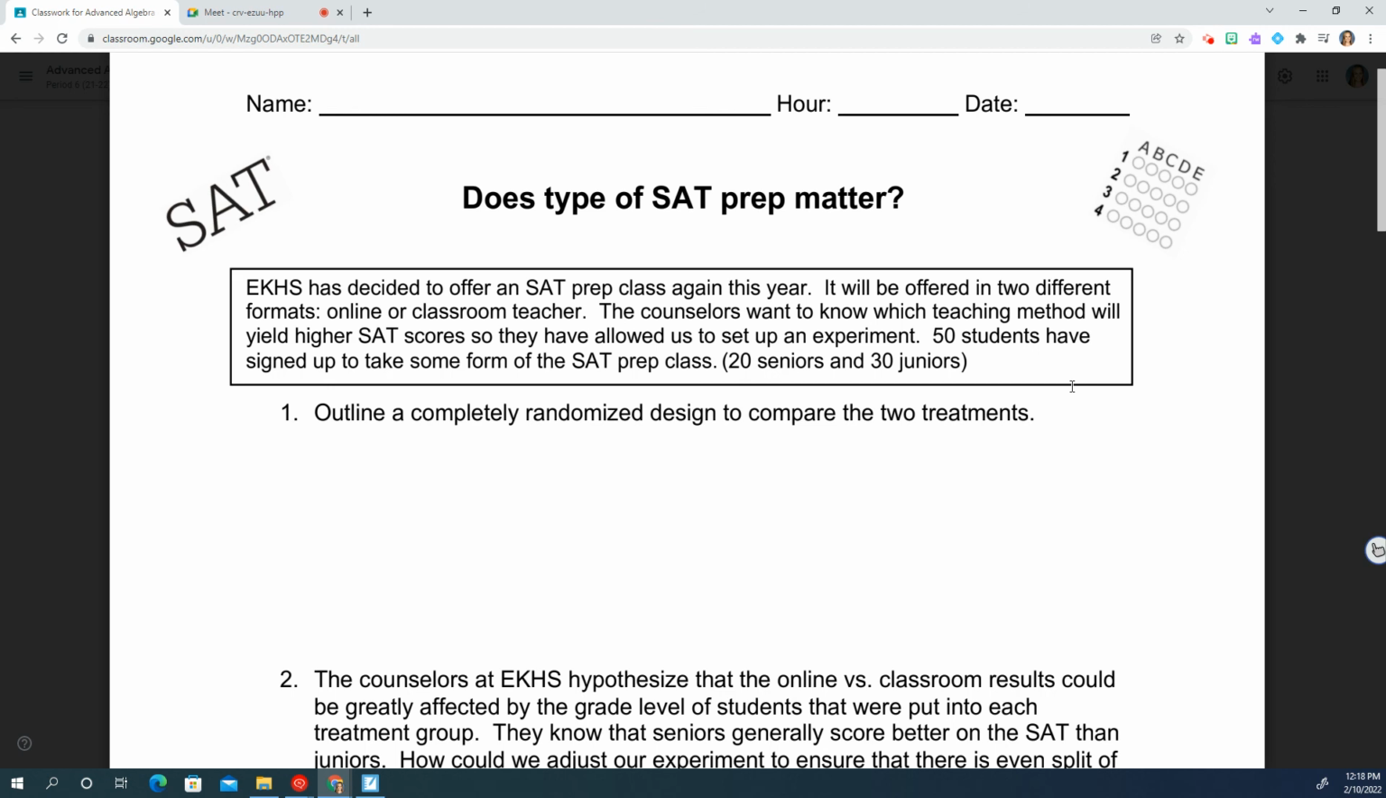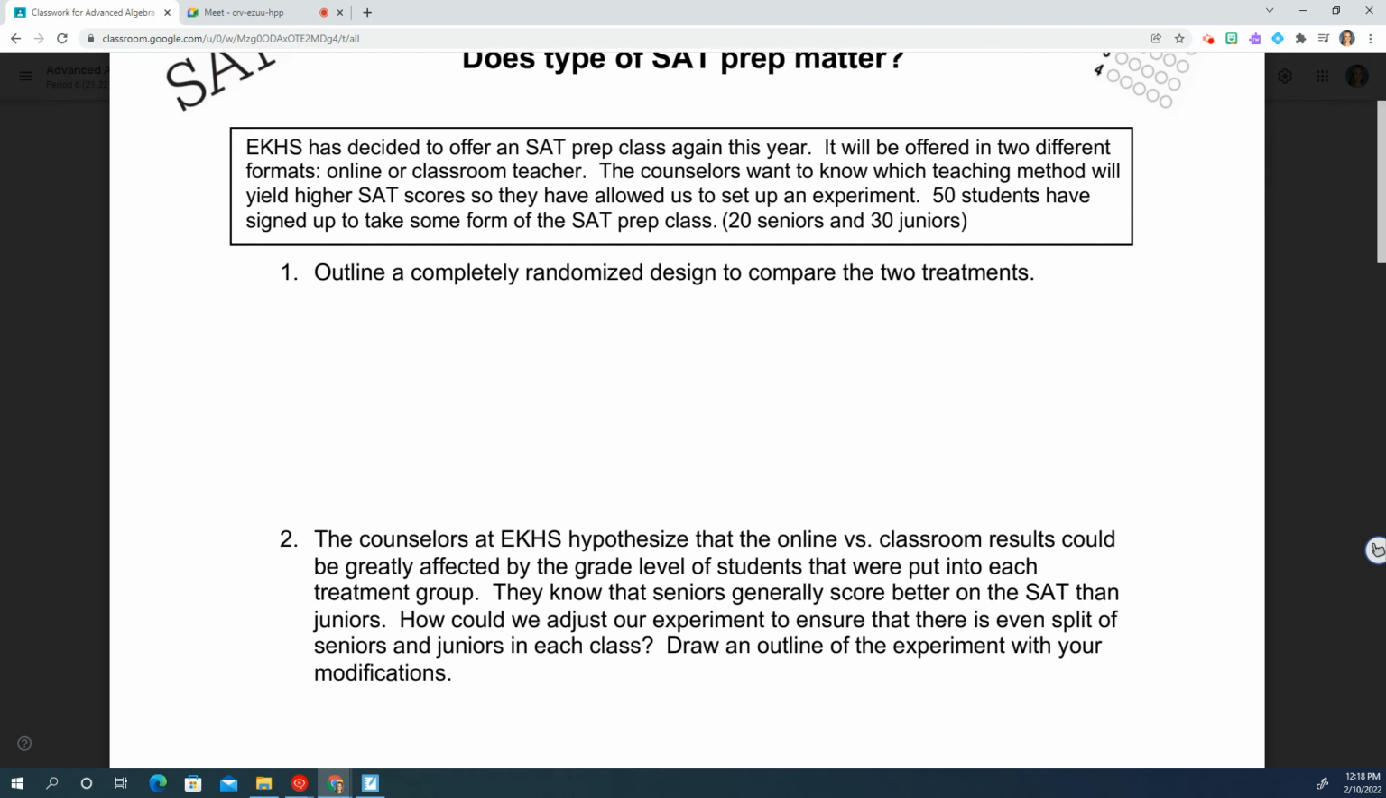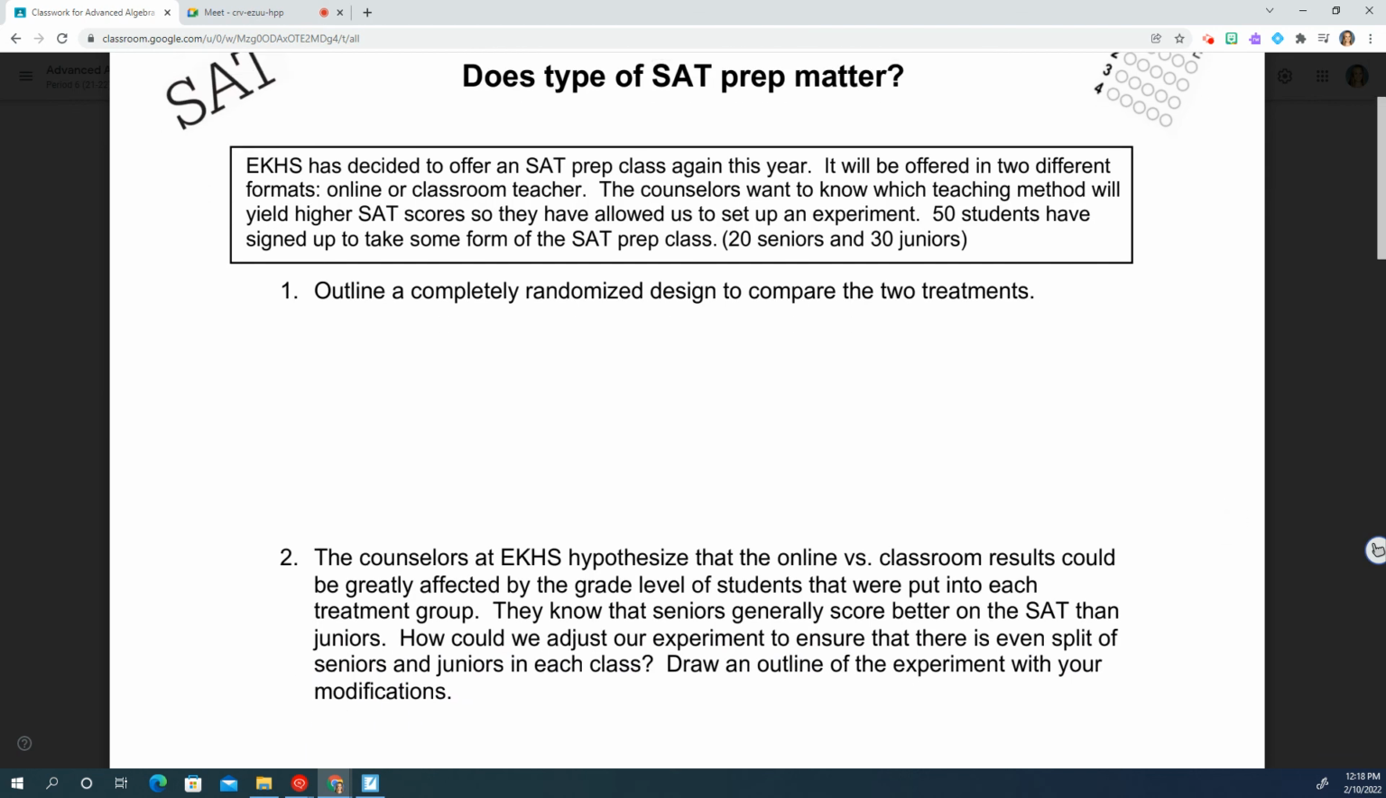Okay. So remember that high school that was offering the SAT prep class? We were trying to figure out if that really did correlate to a higher SAT score. So we're back to that situation. Now they're going to do 2 different formats in which they offer this SAT class. They're going to do it online or by a classroom teacher. The counselors want to know which teaching method will yield higher SAT scores, so they have allowed us to set up an